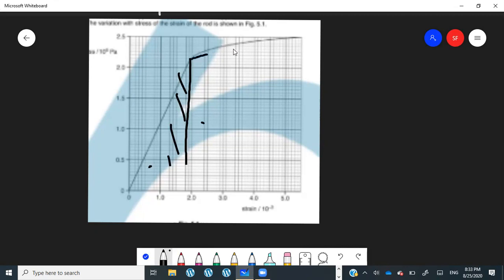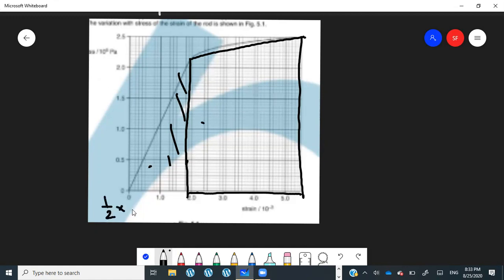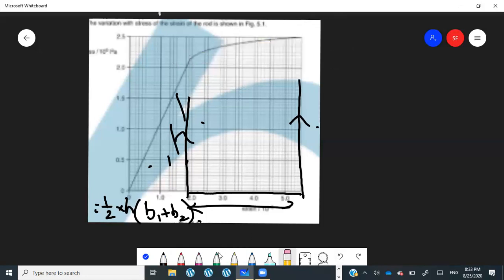And apart from that, for the rest of the graph, you first convert it into a regular figure. For example, over here, you just divide it into a trapezium. You find the area of this trapezium by the regular method: half multiplied by this height multiplied by the sum of the 2 parallel sides, right? You know the formula, right? Once you do that, for this remainder, you just count the number of boxes which are present inside this remaining region.